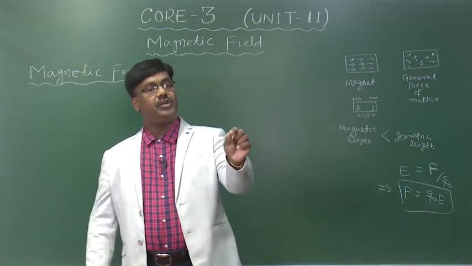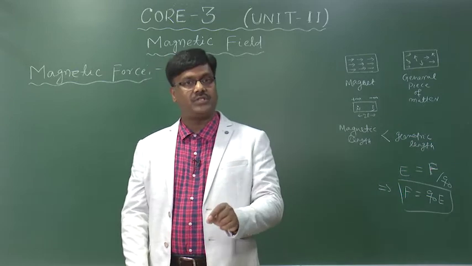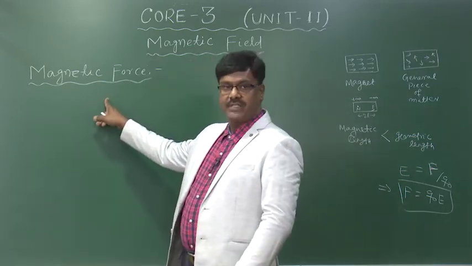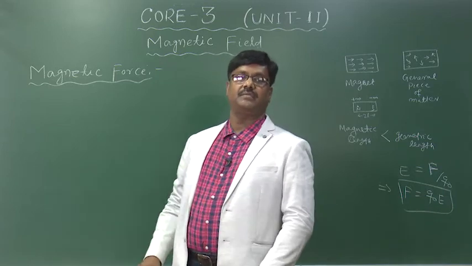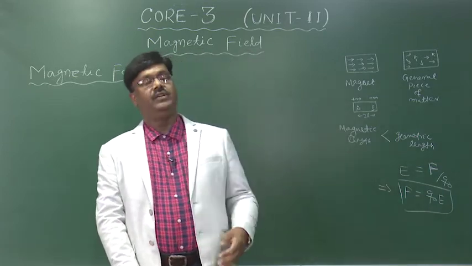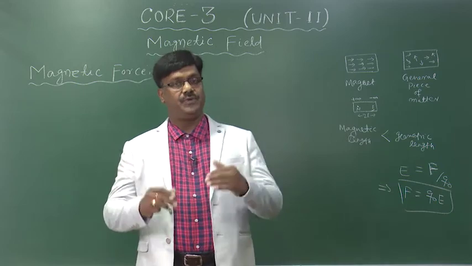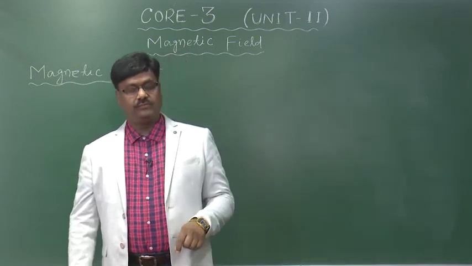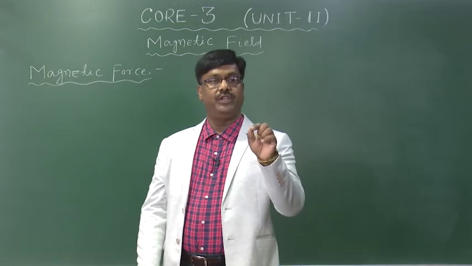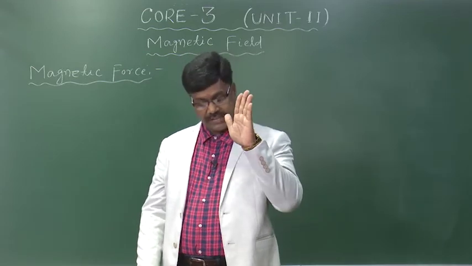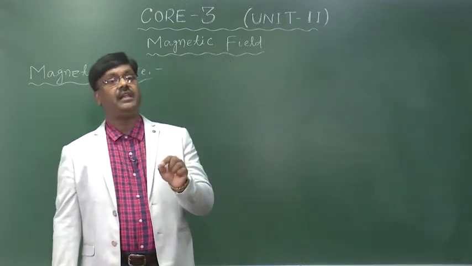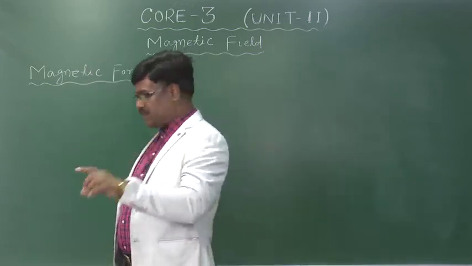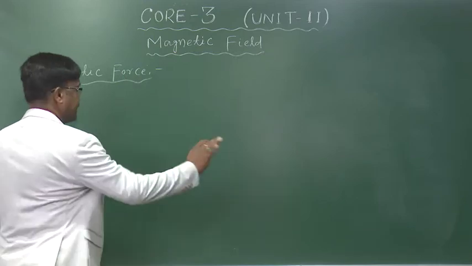So, before going to the details of Lorentz force, let us first start from magnetic force and derive the expression for that magnetic force, then we will switch over to Lorentz force. If a charge Q moves through a uniform magnetic field of strength B with a velocity V, then the force experienced by the charged particle is,